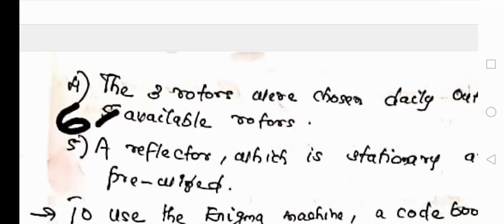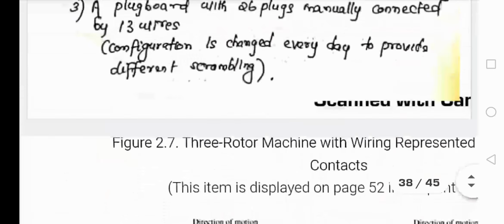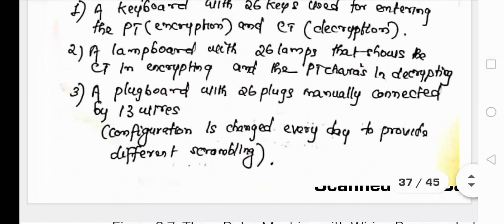Then, as I told you, you can use a total of 3 rotors instead of all 6. If you are using a polyalphabetic cipher concept, then a maximum of 3 rotors itself will be quite enough. And in order to support all these things, a reflector is also there. Don't think these are directly the components of the rotor machine in general. The famous machine implemented based on the concept of the rotor machine was termed the Enigma machine, and these units are the components present in the Enigma machine.